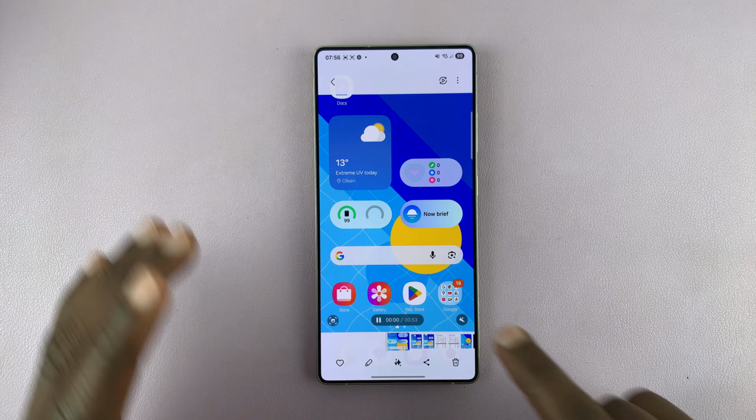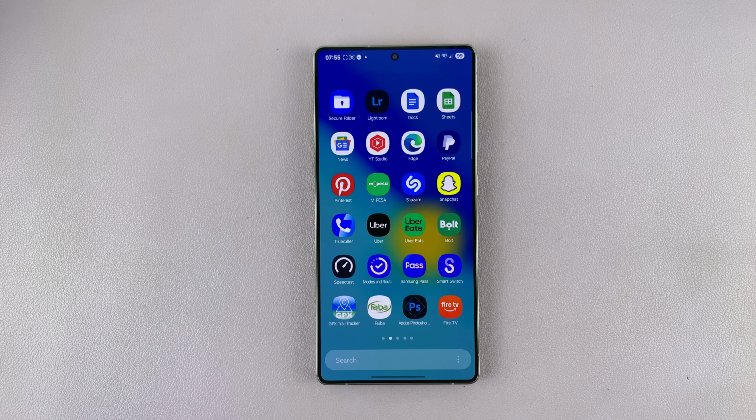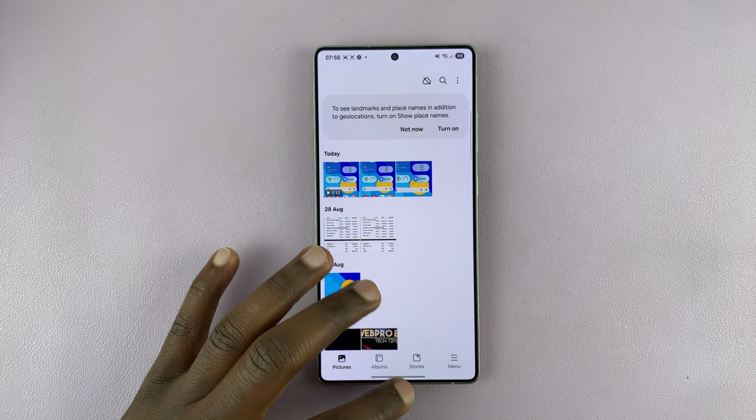Now you can hide this so that it doesn't distract you. And now the phone is recording everything I'm doing and all the